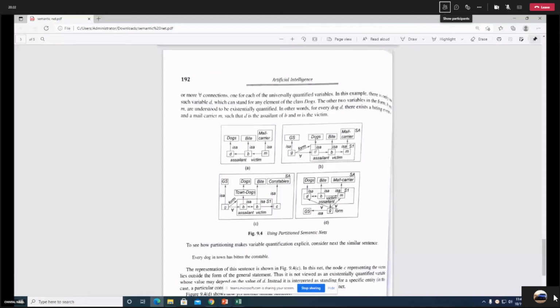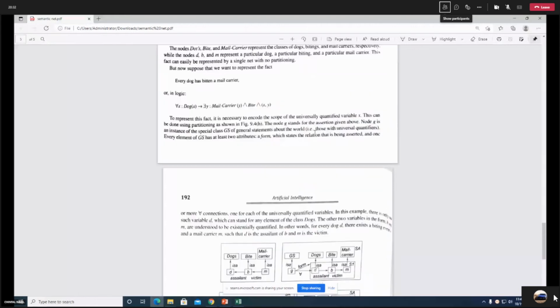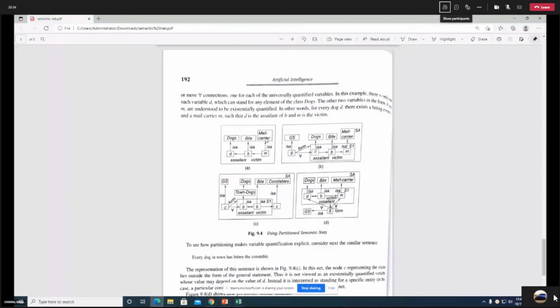Then there are general statements over here. See, this is the general statement, every dog has bitten a male cur. So this is a general statement, and this statement belongs to a set, that is general statements. So here, if you are seeing this node GS, this GS represents the set of general statements.